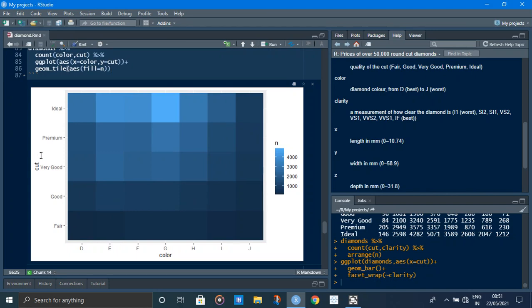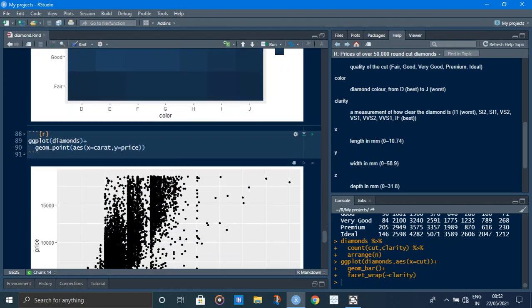So fair, good, very good, premium, ideal. Here numbers are given 1000, 2000, 3000, 4000 and 5000. This is fair, 1000 number.